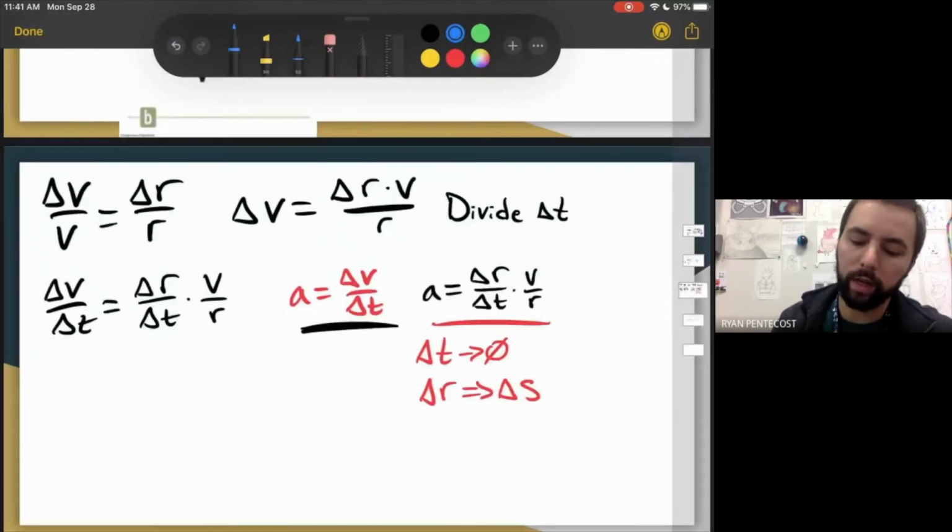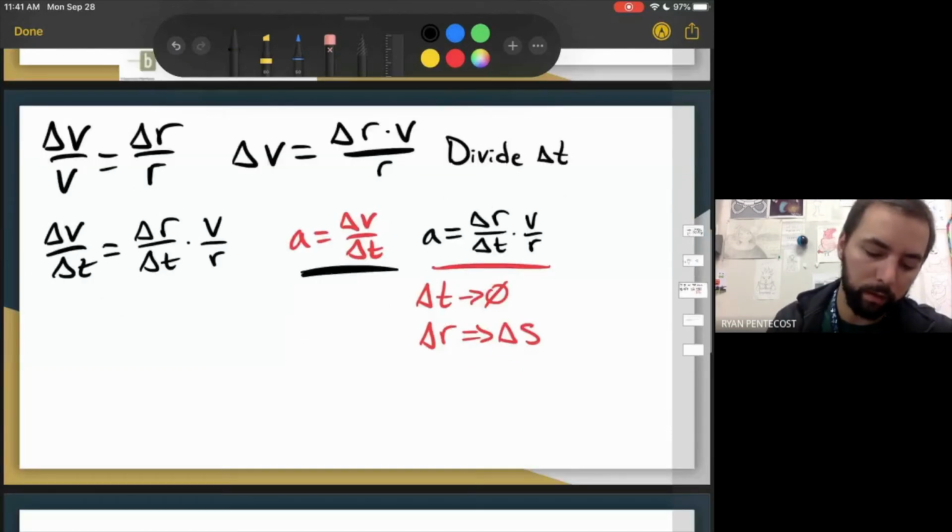All it does is say that instead of delta R, we're going to call it delta S. So all of that to be said, we now end with delta S over delta T times V over R